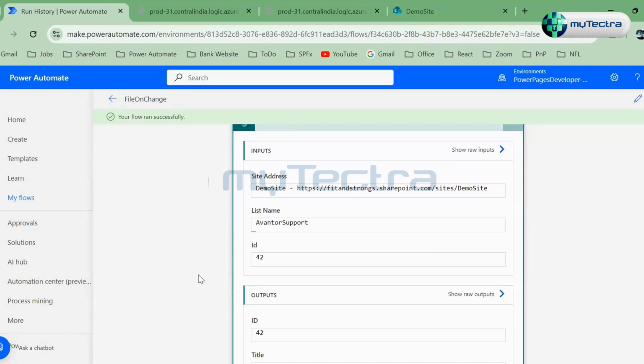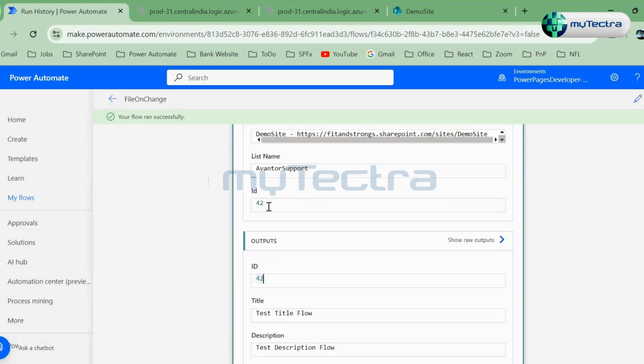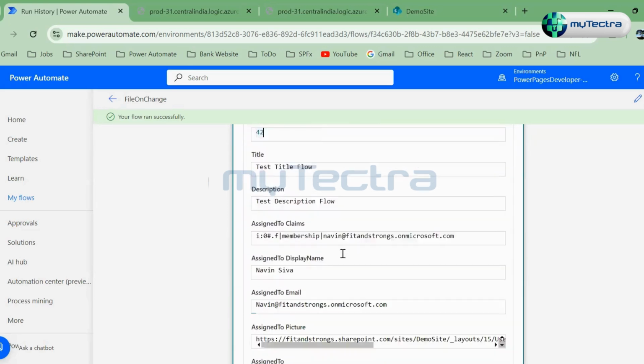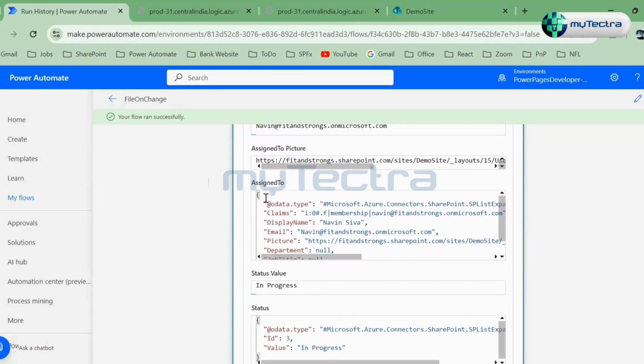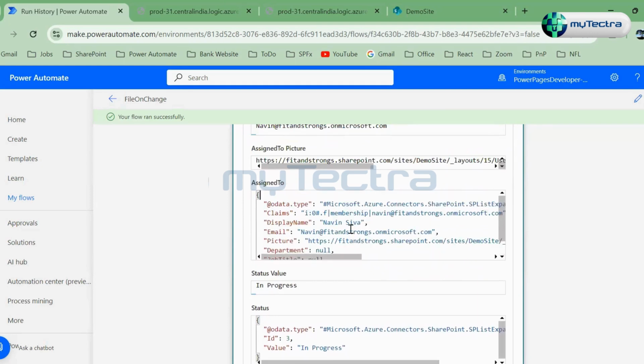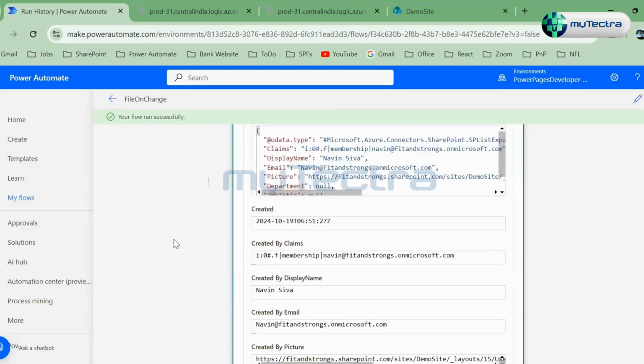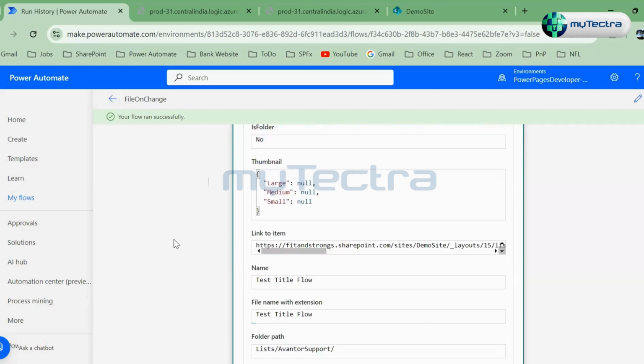So here in the get item, I can see the outcome as an object here rather than an array of object. Here I'm retrieving only the single item. So I can see the output as an object. And inside that object, these are all the special columns assigned. So again, I can see the object inside that. Okay. As I have covered in Power Apps itself, as we are having the person column in the back end, it will be stored as an object, something like this. Okay. If I scroll down